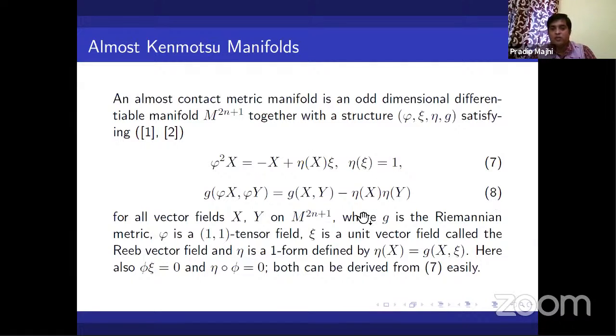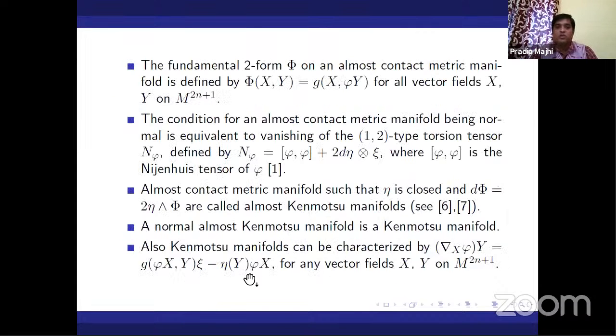In this case, from equation 7, it can be easily derived that phi xi equals 0 and eta phi equals 0. We define the fundamental two-form capital phi on an almost contact metric manifold by capital phi(X, Y) equals g(X, phi Y)